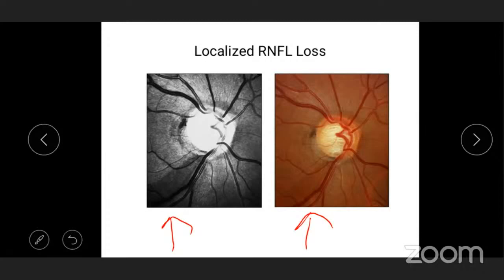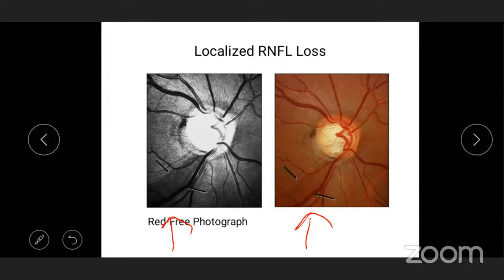Now, I'll remind you that the thinning of the rim, the commonest site for that in glaucoma was the inferior part, followed by inferotemporal. This next thing I'm going to tell you now is the commonest site for these sector RNFL defects in glaucoma. The commonest site for that is again inferior, and to be very precise, it is inferotemporal. So keep that in mind. What I told you earlier, in glaucoma, inferior part of the nerve is showing changes. Please think of glaucoma.